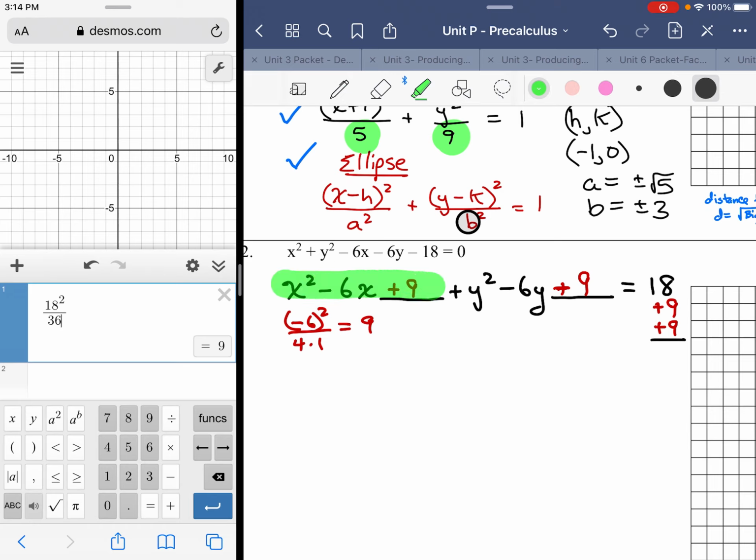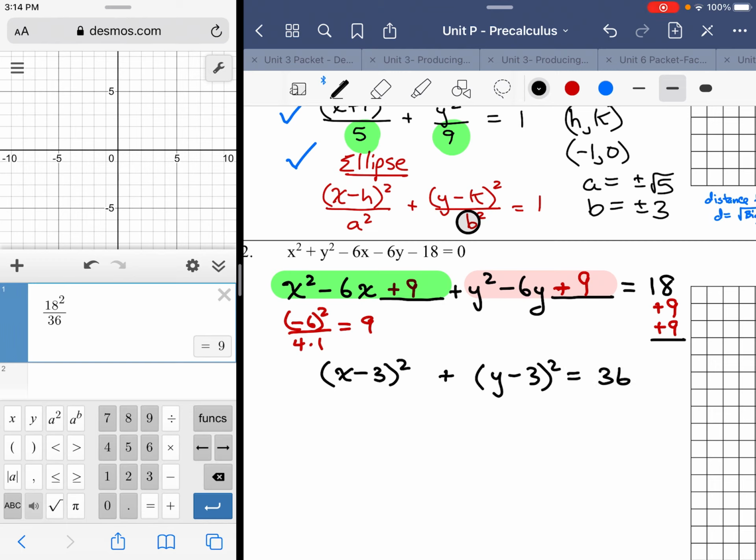For the left trinomial, we would be looking at x minus 3 squared. The whole point is that if you're completing the square, you're completing the perfect square trinomial, so you should end up with something that factors to a binomial squared. So x minus 3 squared, y minus 3 squared,